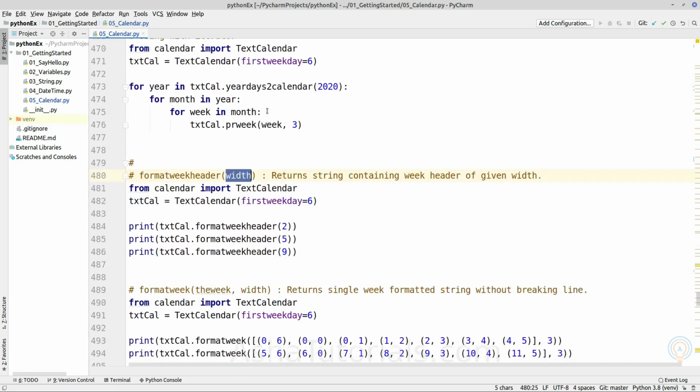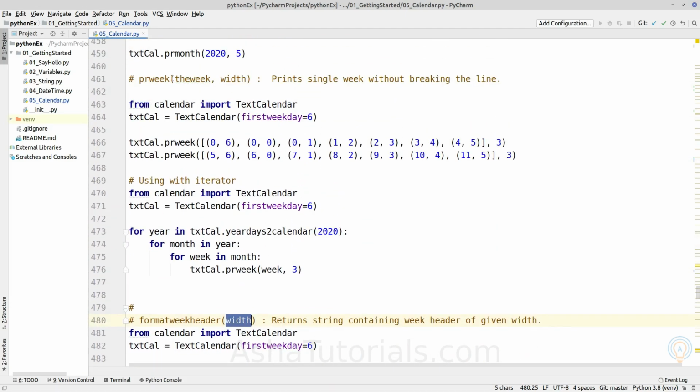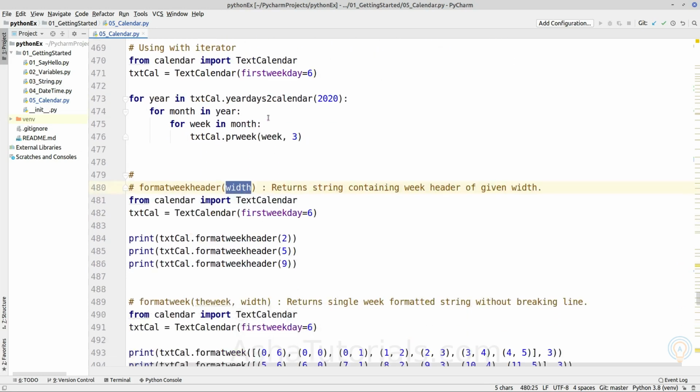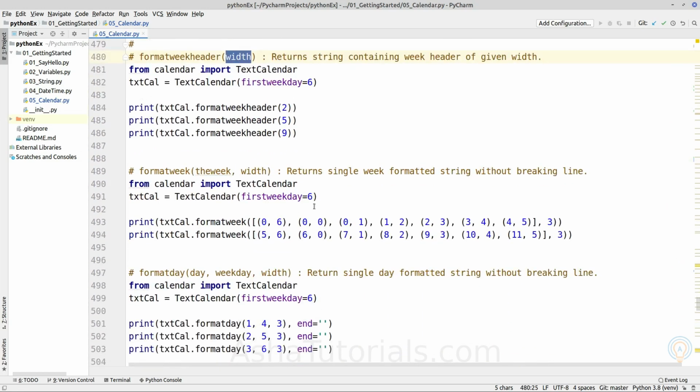Same width we can pass to the print week function, which will adjust the width to the header. So we can print selected weeks, days or some other format. Okay, a custom format we can print using loops. Okay, next is format week,